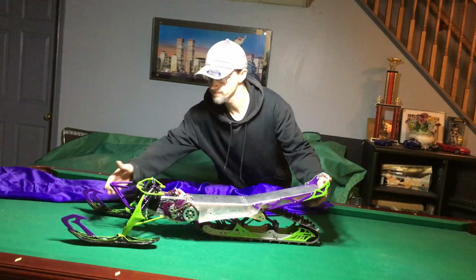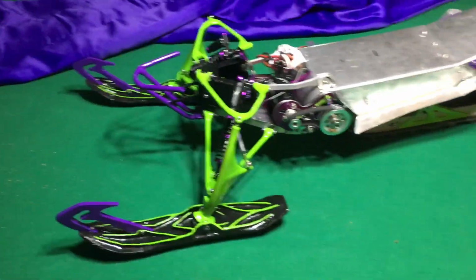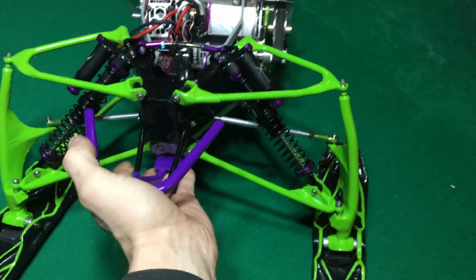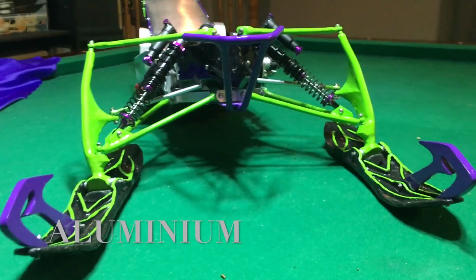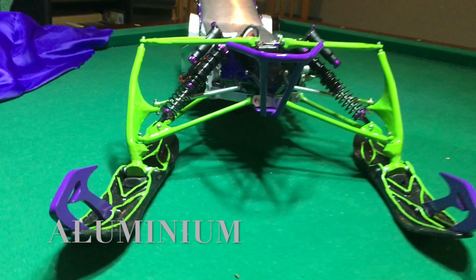Well, anyways, I'll just grab the camera. I'll give you a closer look. Alright, up close and personal. And there we go. This is my sled, my challenge. Everything was made out of just pure metal or whatnot. Skis were made out of cardboard. Well, I've got the videos